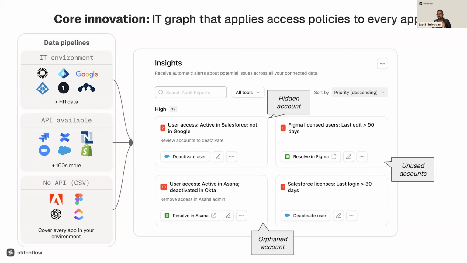But the key difference between Stitchflow and any other solution is we're also able to stitch together CSVs from every other tool. What we do is we connect to your IT environment, we connect to your API available applications. For everything else, we're essentially getting some representation of users, usage, roles, permissions through CSV. And then we bring all of this data into a data warehouse, but most importantly, we stitch it together into